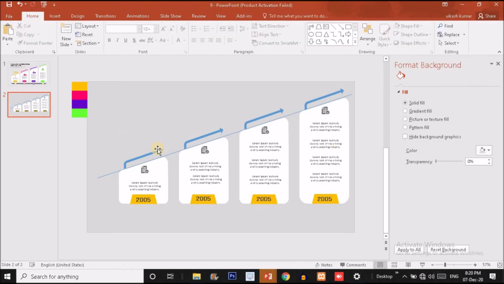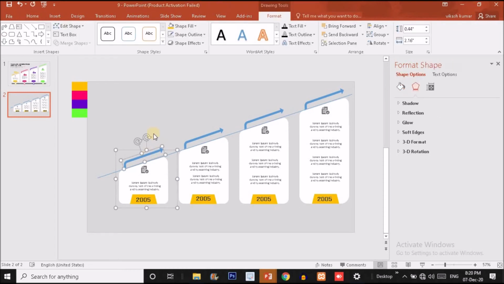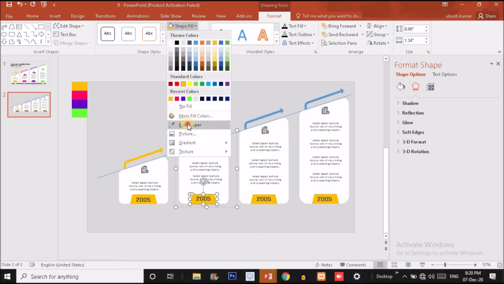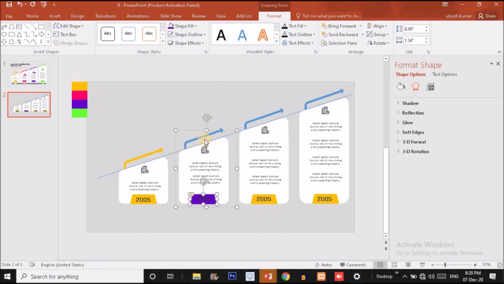So what you have to do, now we have to change the shape fill of this arrow. So I'm using this one for this shape. For this I'm going to use this shape fill, and for the arrow I'm again going to use this one.